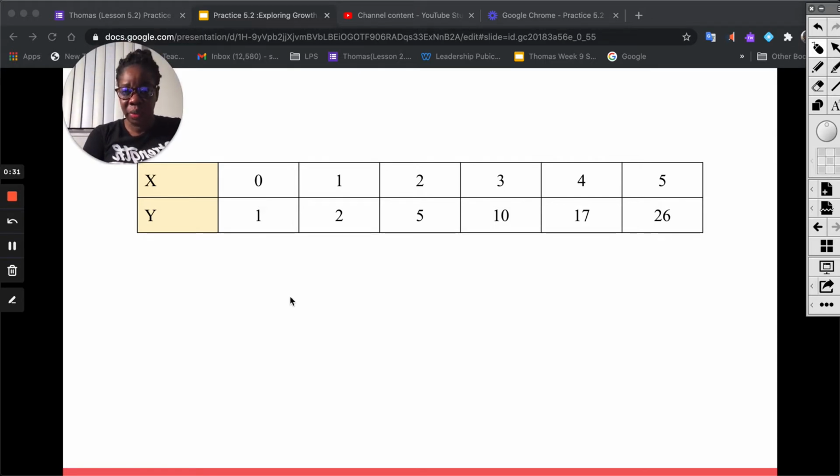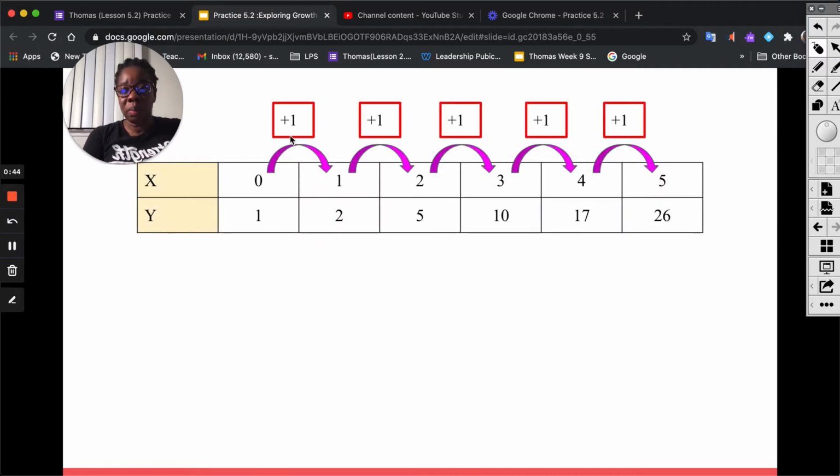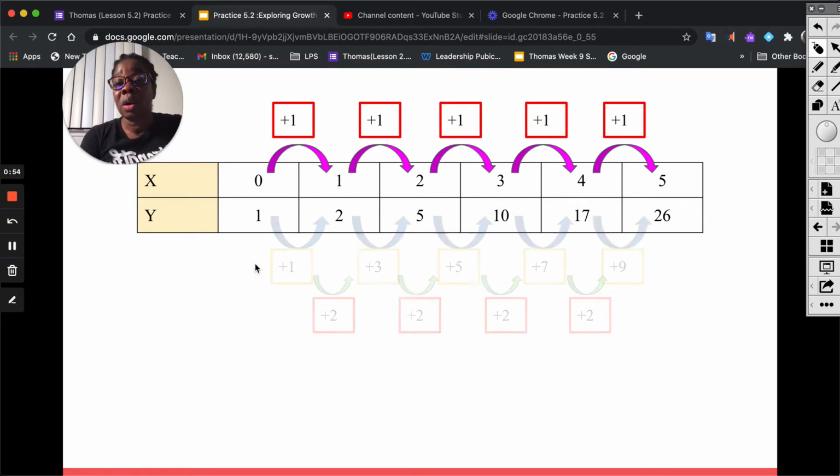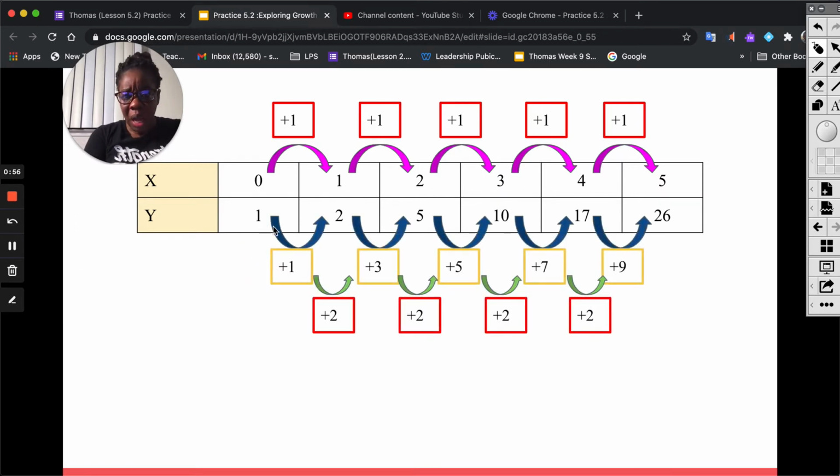And so in this case, when you look at your output values, 1 became 2, 2 to 5, 5 to 10, 10 to 17, 17 to 26. So if we examine what's going on, our x values increase by 1 all the time, and sometimes we need to really pay attention to how our x values are increasing because that can be tricky. And when we look at our y values, there's no multiplier,